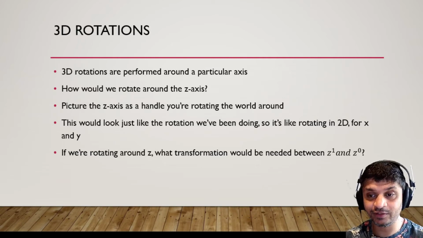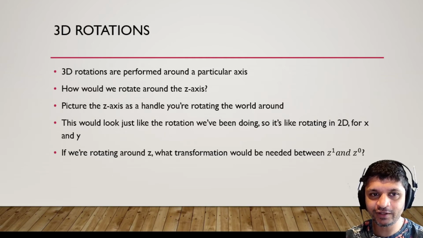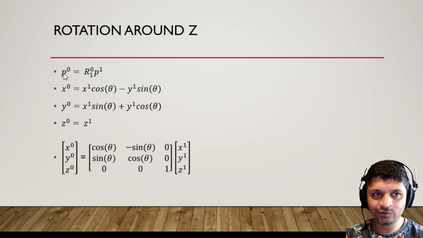What happens to z when I rotate around z? If I said that the drone was 2 meters off the ground, and we now rotate around that z-axis, what would the z value be? It would still be 2, right? Because I haven't done anything to the z-axis. So if we're rotating around z, there's no transformation needed between z1 and z0. z1 will be equal to z0. Okay? So if I still wanted to phrase this as a rotation matrix, if I still wanted the relation that p0 equals R1 naught p1,